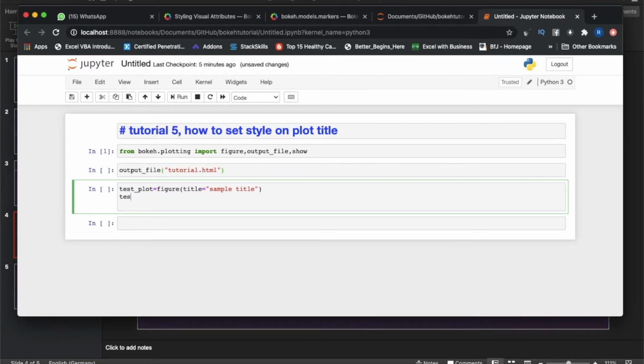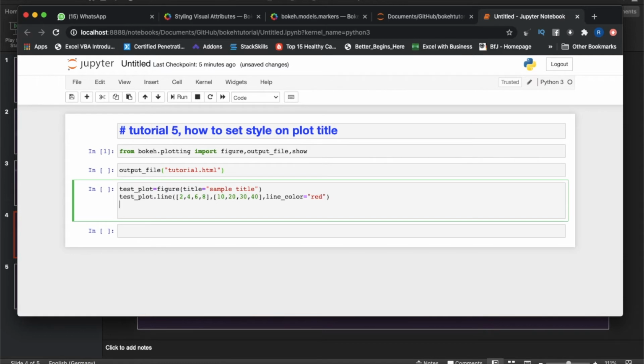Then you can write test_plot dot line, which is fine. Same thing, 2 4 6 8, then 10 20 30 40, and maybe we can write line_color equals red.